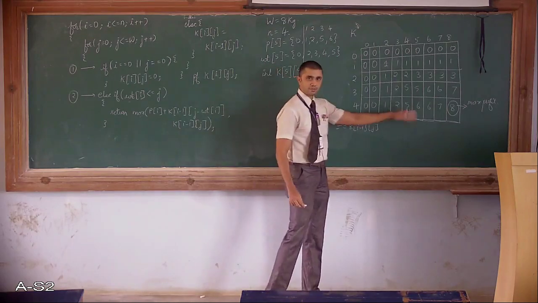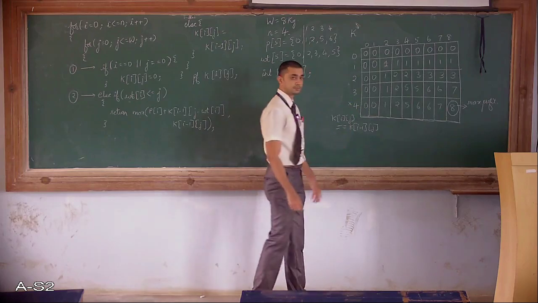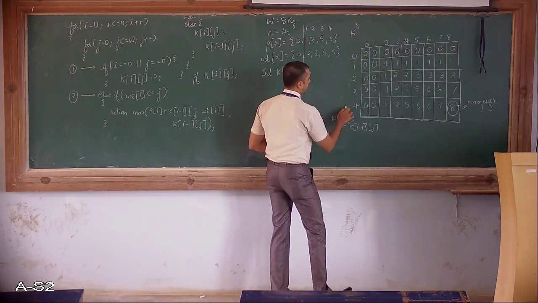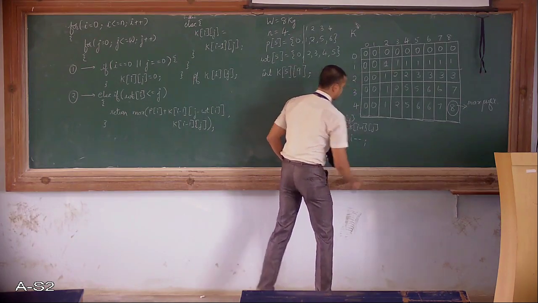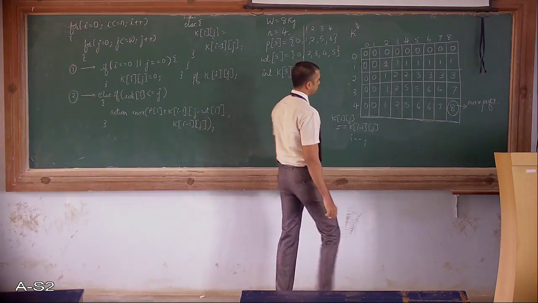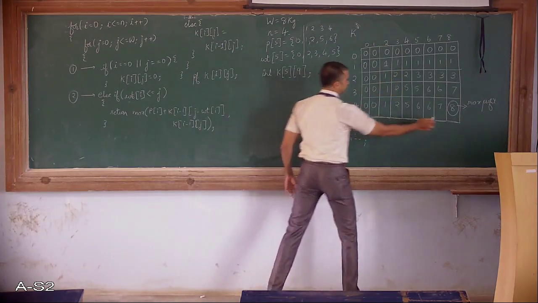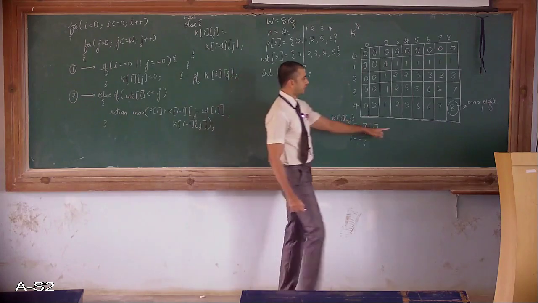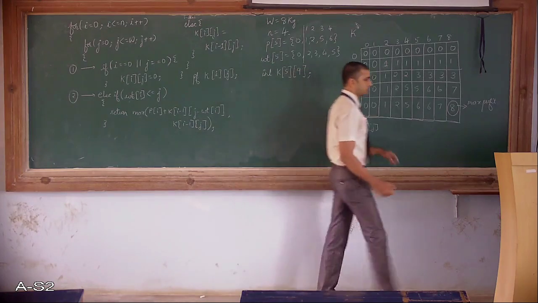K of I minus 1 and j. If it was same, we did not print it. If it was same, we simply decremented the value of I. We went to the previous row. So we did I minus minus. If it is not same, if this condition fails, then what did we do? We needed to subtract this value and the weight of the ith object. We subtracted from this value the weight of the ith object.